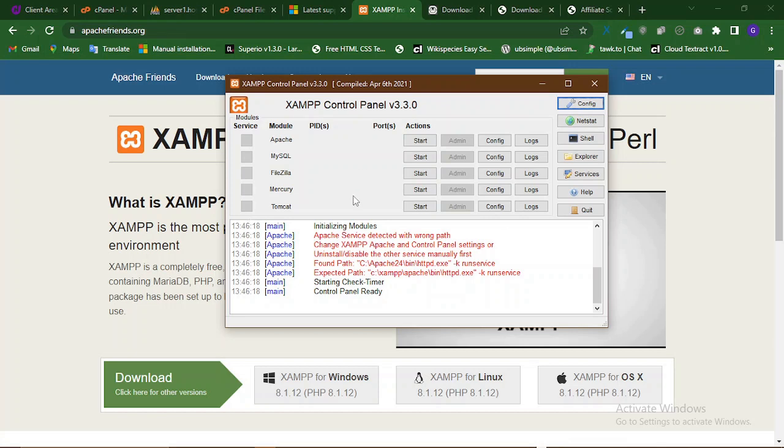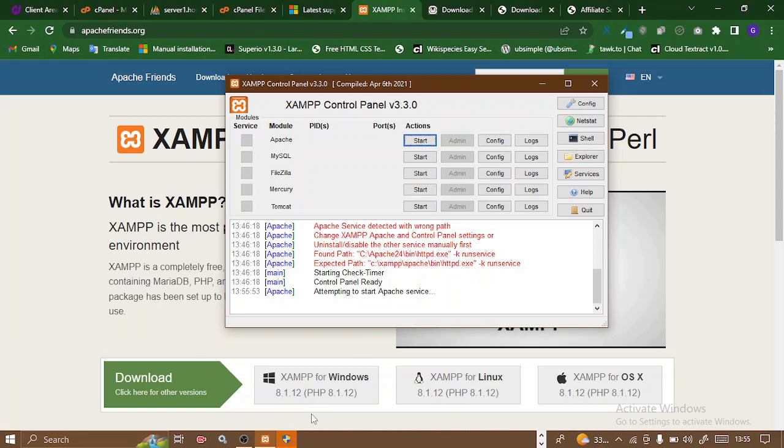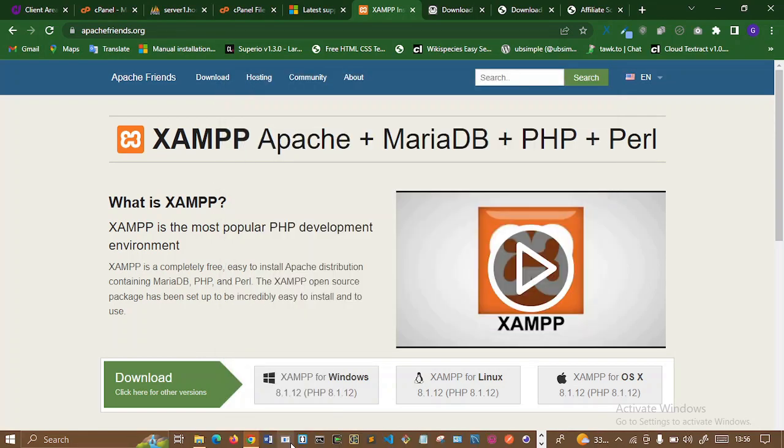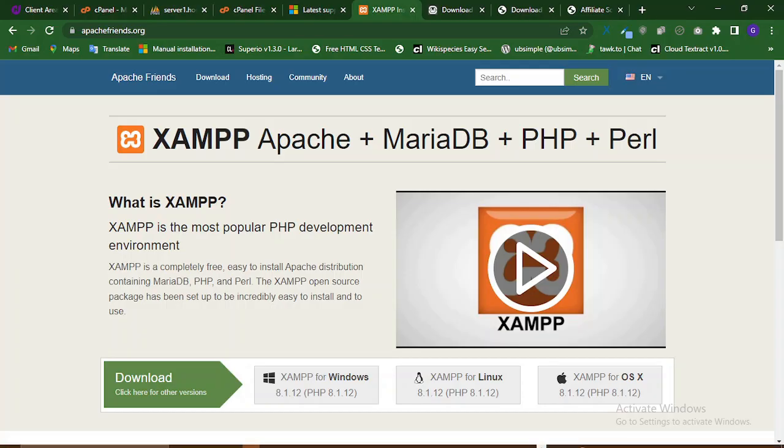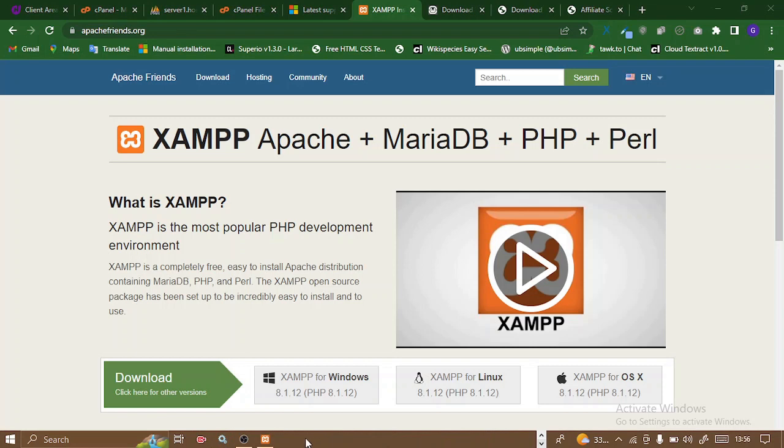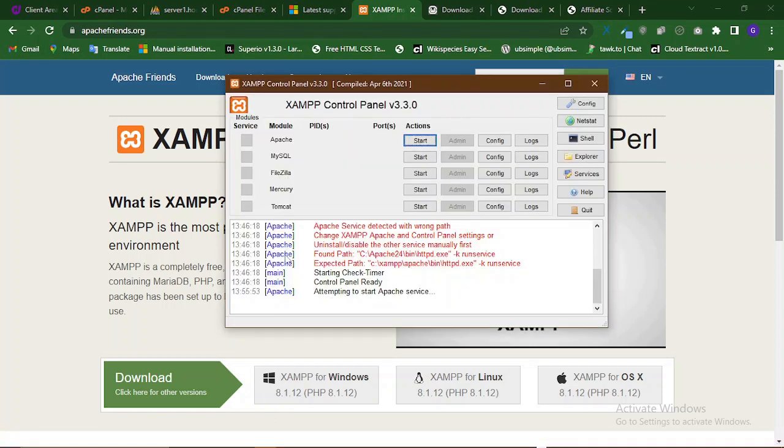It should bring up this control panel for you to play with. Now, all you have to do is to start your Apache. You wait for it to start. This might bring up a screen like this. Just accept. Back to the screen. If it is successfully started,